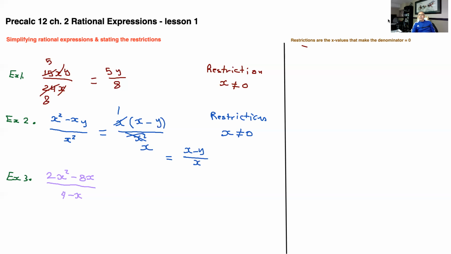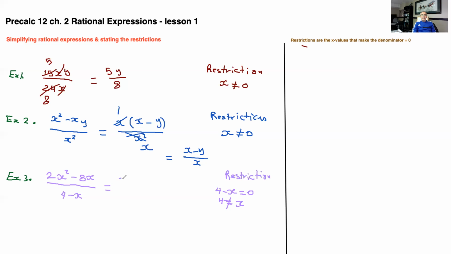The third example, restrictions. Is basically here you take the 4 minus x and make it equal 0 and solve for x. So 4 equals x. So basically x cannot equal 4. That's your restriction right there. Because if you make x 4 here, you get 0 on the bottom, and you're not allowed to have 0 on the bottom. To solve this,